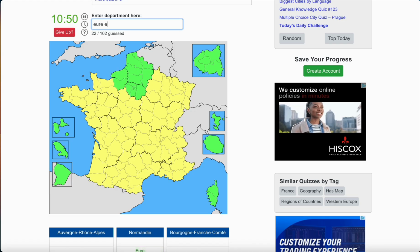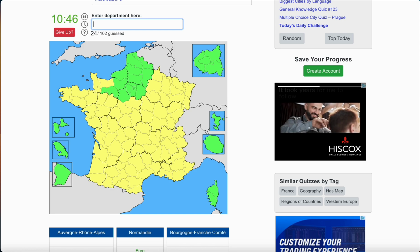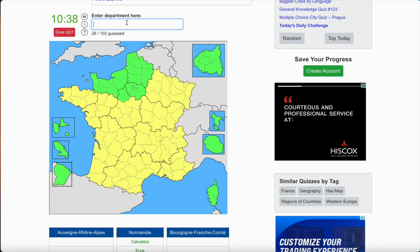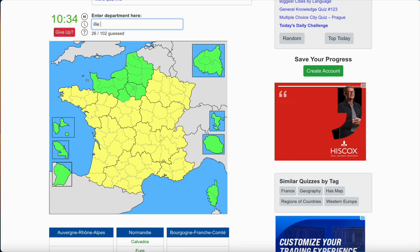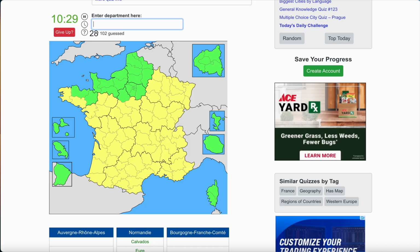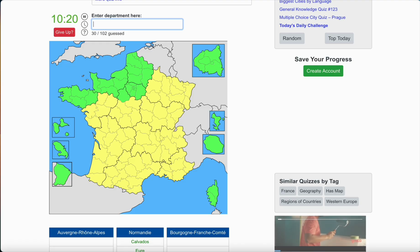Eure-et-Loir. And then let's get Orne, Calvados. And we have Manche, just like La Manche, the French name for the English Channel. Let's get Ille-et-Vilaine, Côtes-d'Armor, Finistère, just like the shipping forecast area. And then let's get Morbihan, and then we have Mayenne, Sarthe,